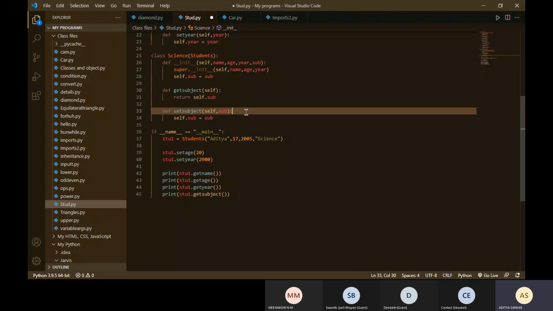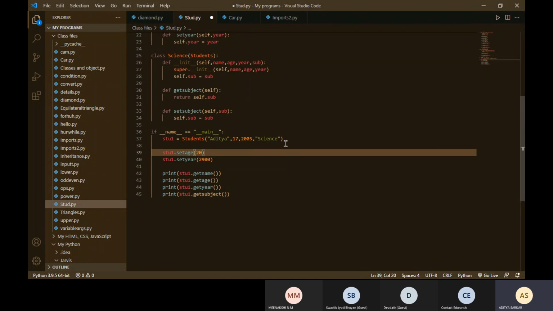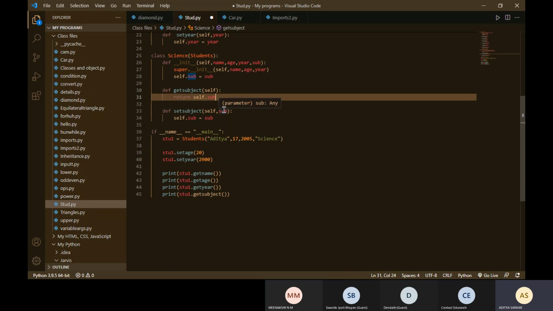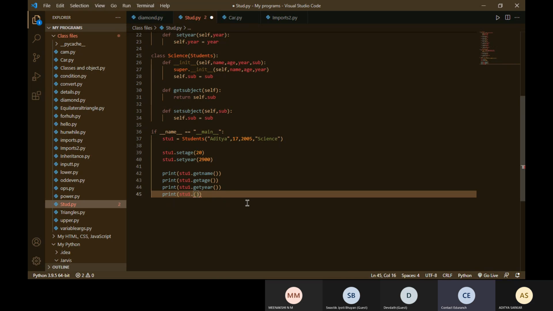Still something's wrong. Subject is subject, I return the subject. I've entered the subject here, so it should print. You have one more error. Let's see if you can figure it out. Whenever you call a method, you should never pass self.